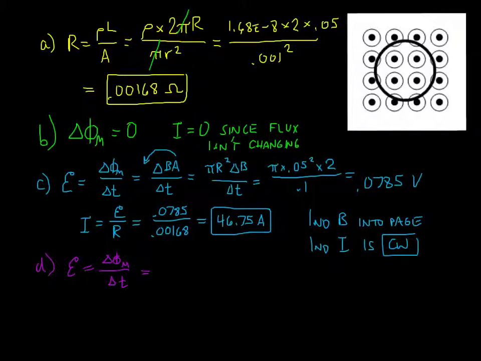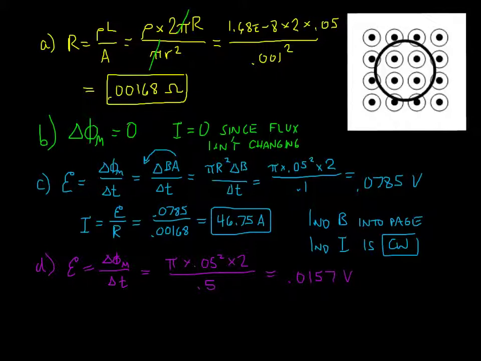The change in the magnetic field is still 2, because we went from 4 down to 2. So I can use all the same stuff, just changing the delta t from 0.1 to 0.5. So I have pi times 0.05 squared times 2 divided by 0.5